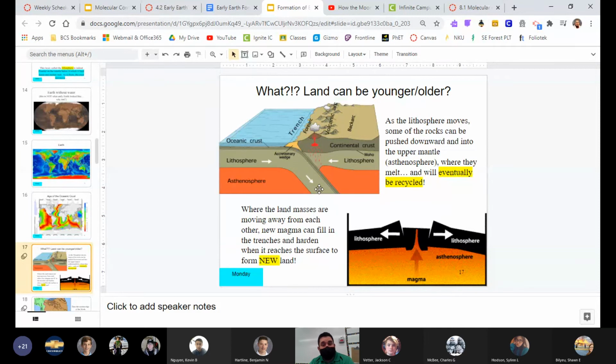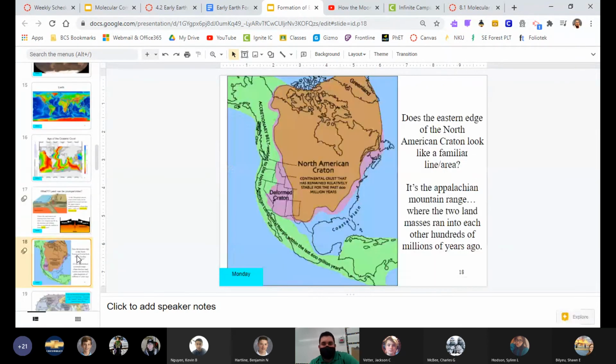Also, when they run into each other, sometimes they can go under. That's called subduction. And when they split away from each other, you end up with a crack, or what ends up being a ridge eventually. The magma can come in and fill in that area and create new land. So as things move, old rocks get melted, new rock comes in. We've got this constantly cycling. And so the oldest rocks on Earth are about 3.8 million years.